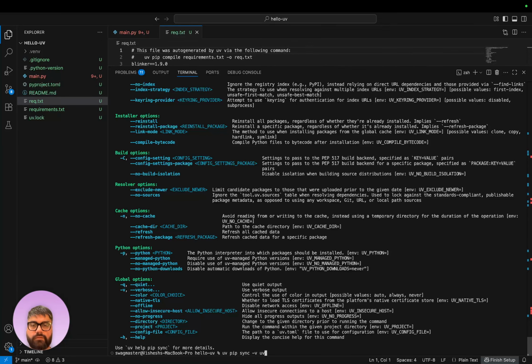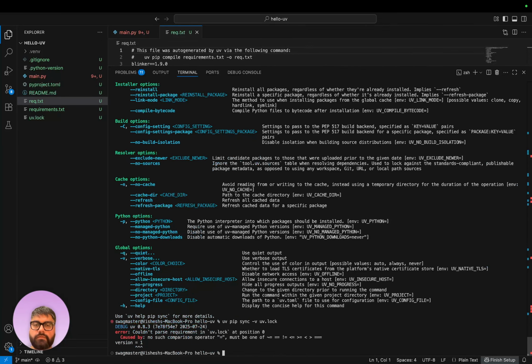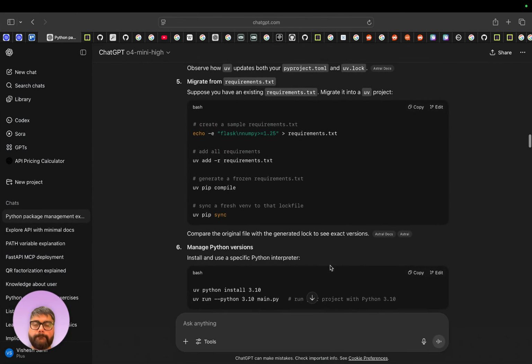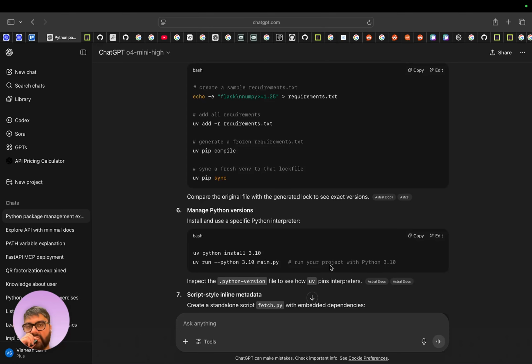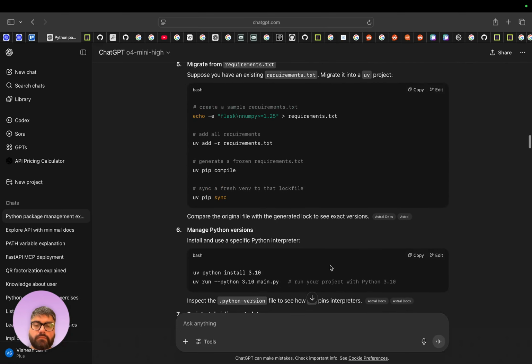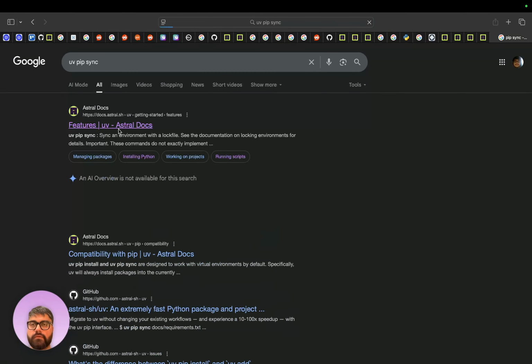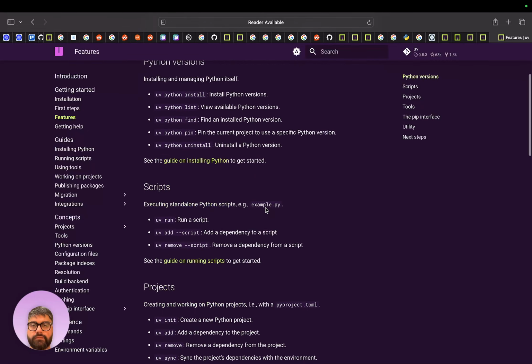Let's go with UV dot lock. UV pip sync. Just read it over here.